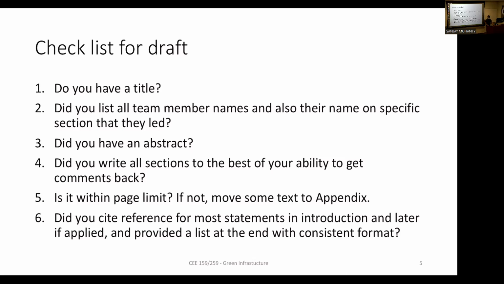Number 6 is something very important, but I see that many students didn't do it in their introductions: citing a reference. For instance, if you say that stormwater is increasingly becoming a resource for many urban areas to compensate for their lack of water or water scarcity, there are many references. There are many articles and studies that suggest that.